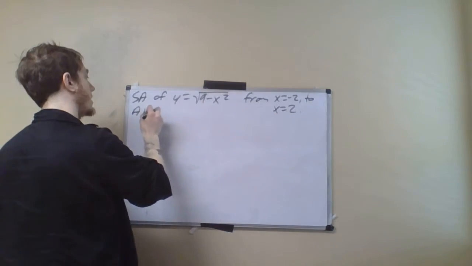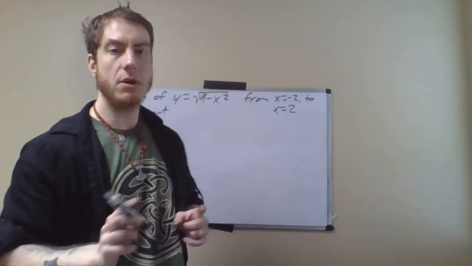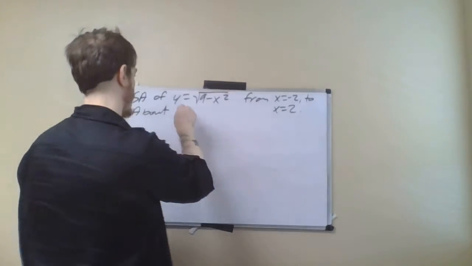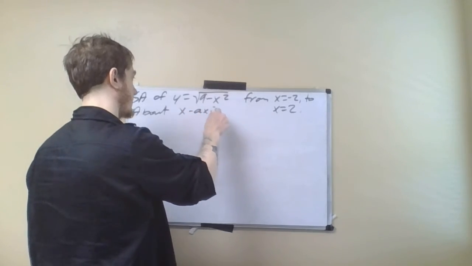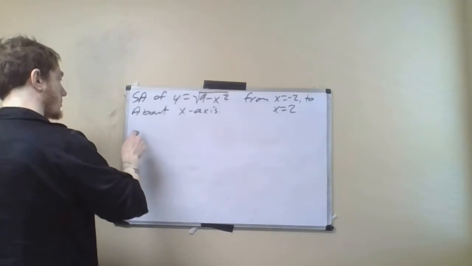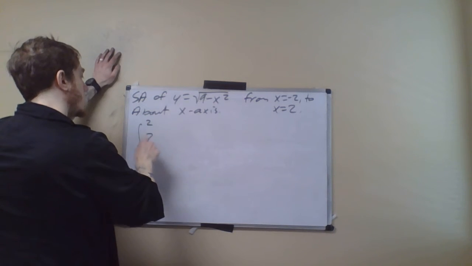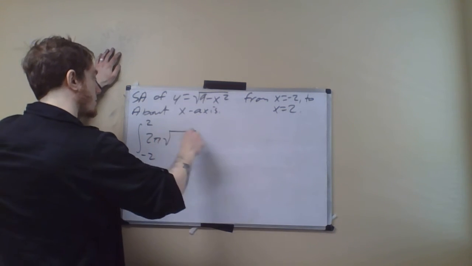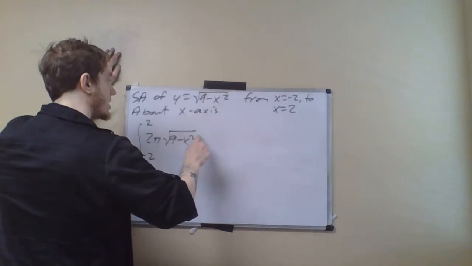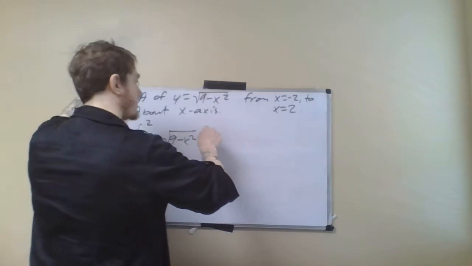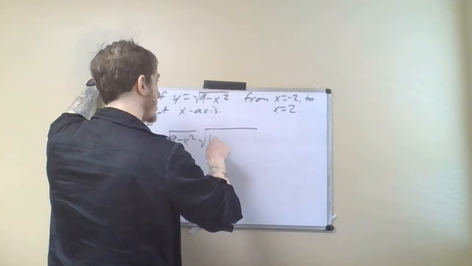Oh, and we're going to be doing this about the x-axis here. So the setup is not going to be too bad. We're going to integrate from -2 up to 2 pi times square root of 9 minus x squared, and then we're going to be multiplying by the square root of 1 plus